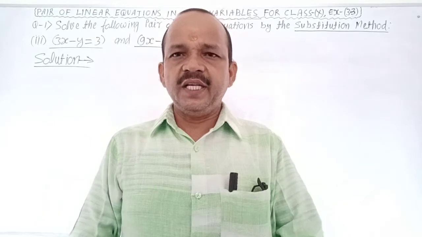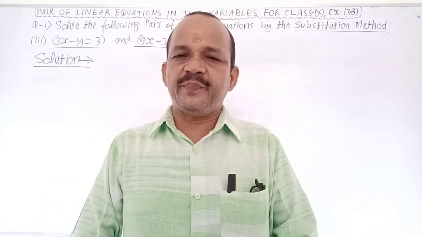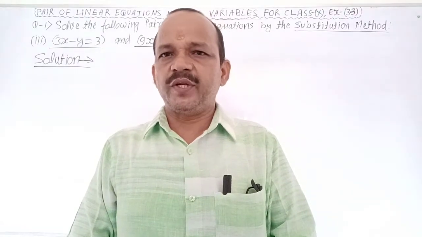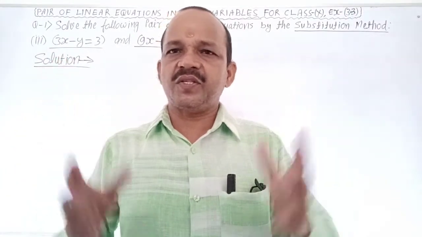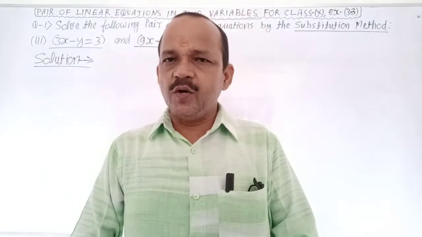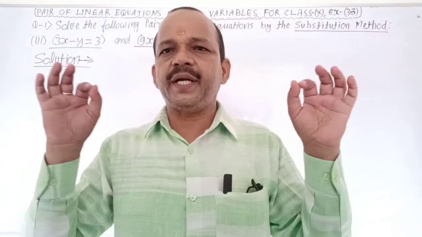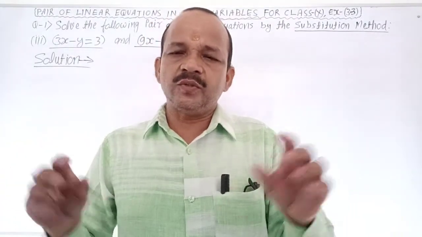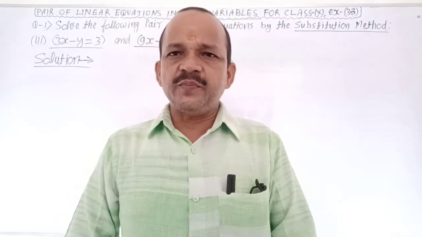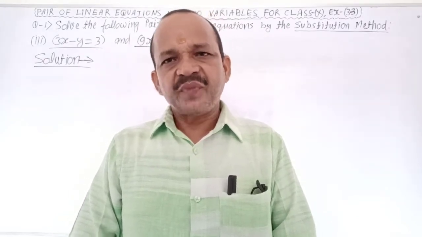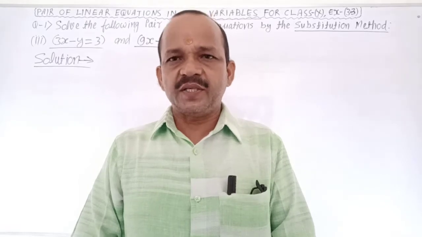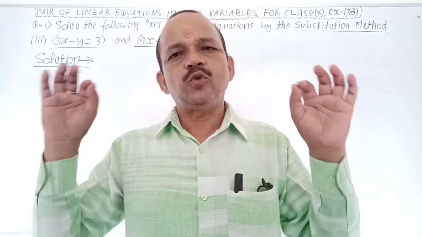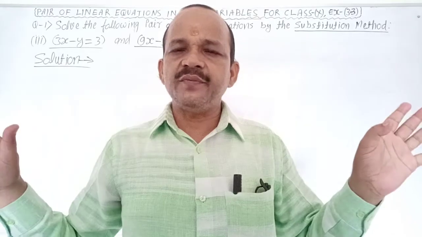Very good. Firstly, I want to describe the form of a pair of linear equations in two variables, because you can ask me what the form is. It is new for you, so you can ask very easily. It is a1x plus b1y plus c1 equal to 0 and a2x plus b2y plus c2 equal to 0. It is the form of a pair of linear equations in two variables. It is clear.